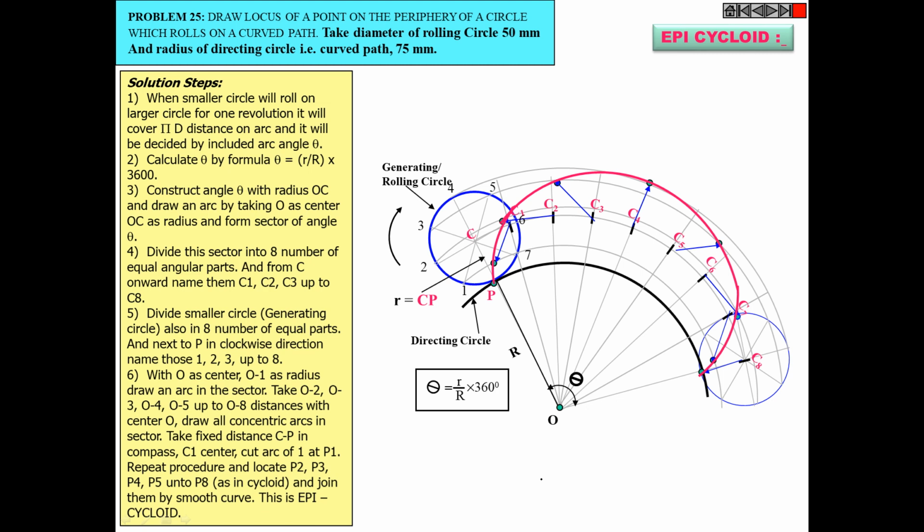Okay. So we have to draw 8 circles in each center? No need to draw those 8 circles. Only draw this first circle, otherwise your diagram will not look good, because you are already getting the points P1, P2, P3, P4, P5, P6. No need to draw these circles. Only draw this first circle. Fine. And then after that, do the entire construction, and finally draw this epicycloid. But remember one thing regarding the use of pencils: the final epicycloid will be drawn with HB pencil, and all other things you have to draw with either H or 2H pencils, the lightest ones.